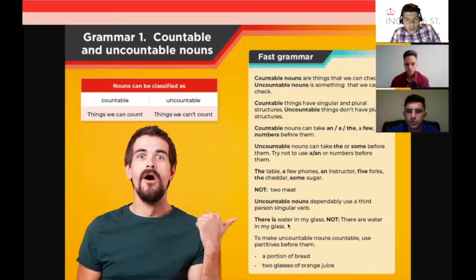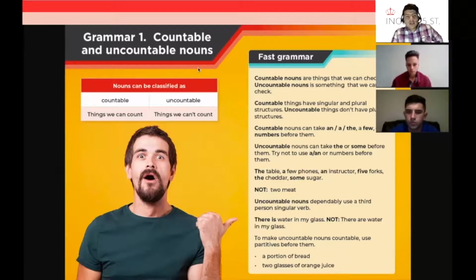Another uncountable word is water. Water is also uncountable. No podemos decir two waters, three waters. In fact, something that is incorrect that a lot of Spanish people say, algo que mucha gente que habla español dice a veces, give me one water, lo cual es incorrecto. A veces lo utilizamos en español porque hace referencia a agua embotellada. Cuando decimos dame un agua, queremos decir que nos den un agua embotellada. En inglés no funciona así. Tendremos que decir give me one bottle of water. Si decimos give me one water, estamos diciendo algo realmente incorrecto, porque water también es uncountable.